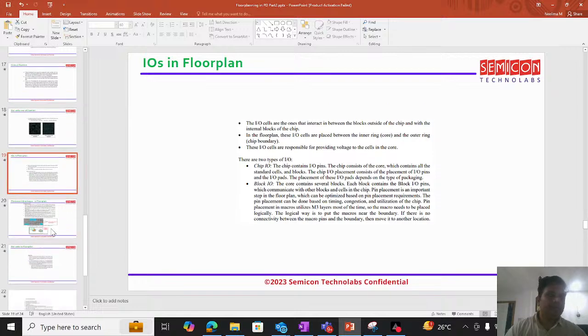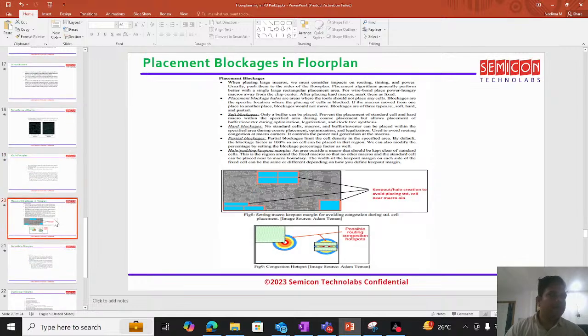Okay, now let's go to part B of the floor plan. We have different placement blockages in the floor plan which we can use: soft placement blockage, hard placement blockage, partial placement blockage, and halo, or padding, or keepout margins. Hard placement blockage, as we already know, will not allow anything to be placed in that particular area. Soft placement blockage allows only a buffer to be placed, nothing else. Whereas partial placement blockage, based on the percentage which we are giving,